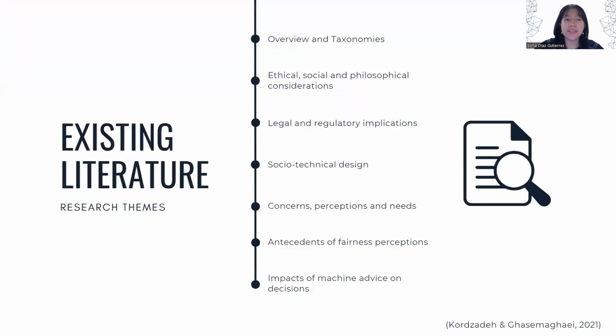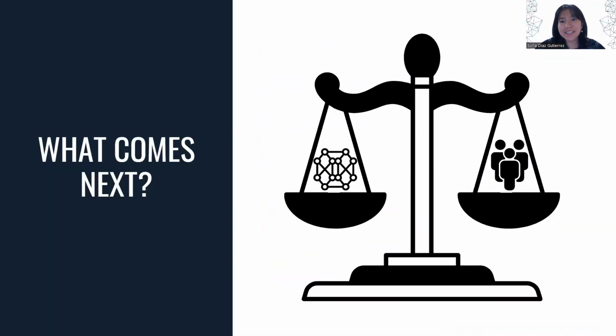Now, I wanted to present some existing literature and research themes that have been discussed over the past few years, but I would like to add that it is important to start researching the impacts and behaviors that algorithmic bias has in society and the consequences of not managing it correctly. Finally, what comes next? I will suggest that professionals from different disciplines get together and get involved in the design and development of algorithms and data-driven decision-making systems, so we all know how they work and we can better understand and address the problems that might